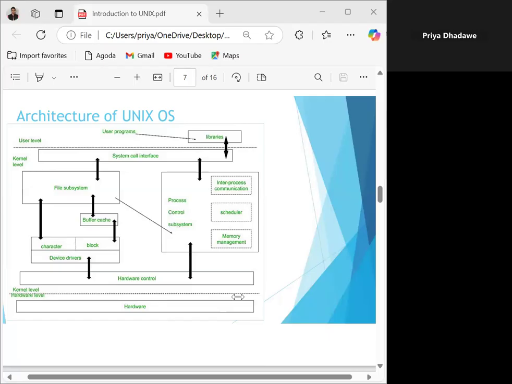Interrupts are not serviced by special processes, but by special functions in the kernel, called in the context of the currently